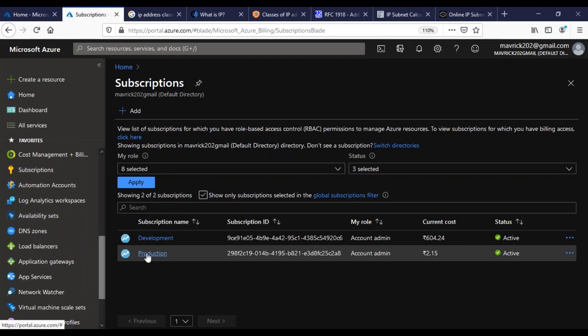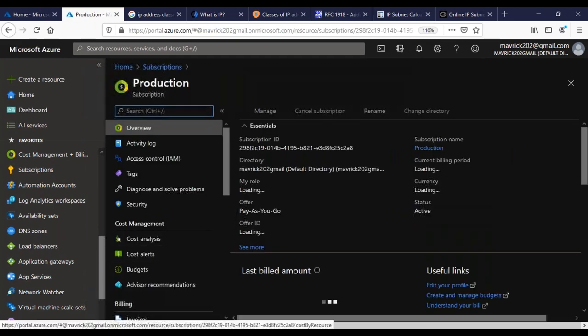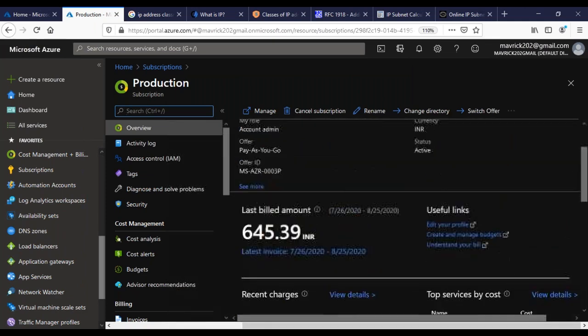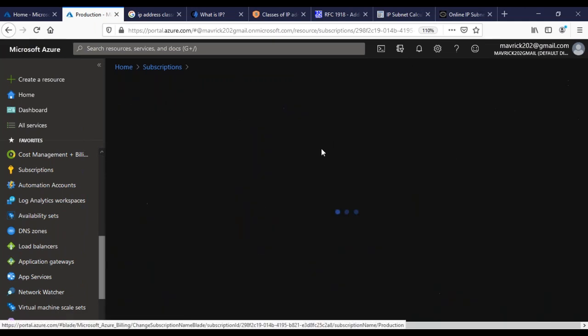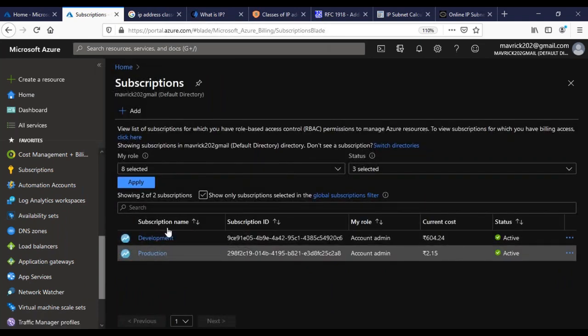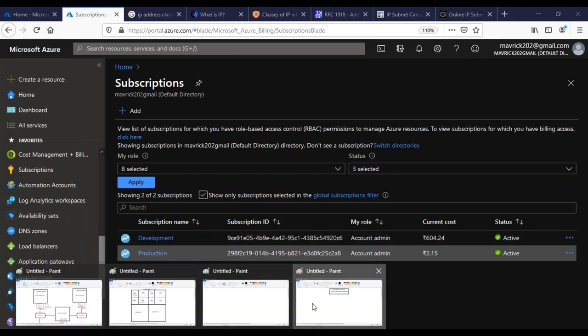Don't think that it'll get automatically, because you will get pay as you go, but you can actually come here and change it here. There is somewhere where you can rename this. See here, rename, and basically you can give whatever you want. I just gave it production and development. In your case, when you create it, I think pay as you go will come. It's been a long time, I don't remember. Yeah, right. So that's what I'm trying to say here.